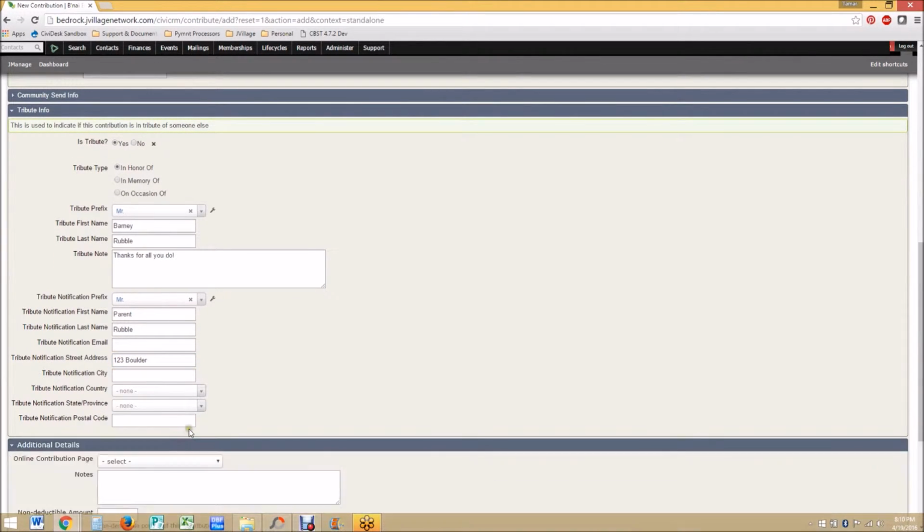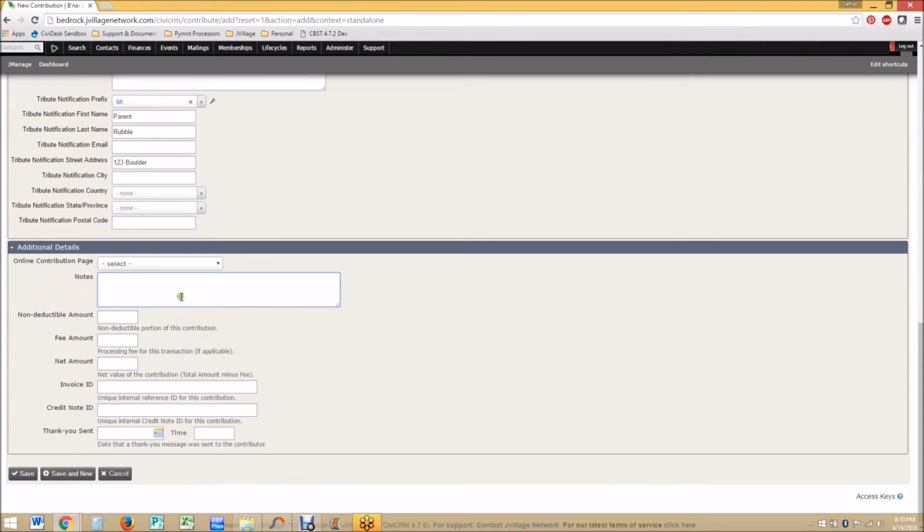Last but not least, we have the additional details section. There are a few fields here that we'll review a little later on in the video, but I did want to point out that this notes field is meant for the sole use of the back office. So if you have anything sensitive to record about a given contribution, this is where you'll want to do it. We click to save the contribution,